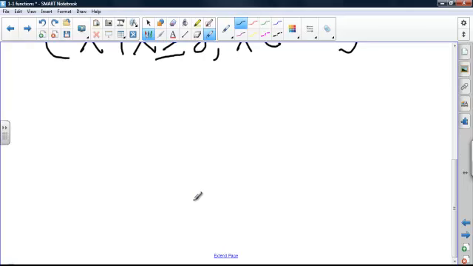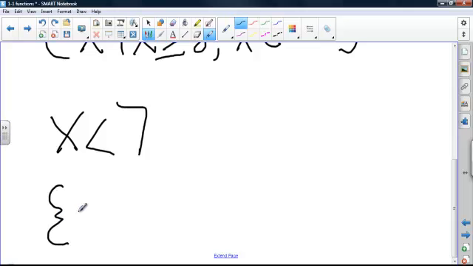Now, let's do another example. Let us look at when we don't have a set of numbers, such as x is less than 7. Now, if we're going to write this in set builder notation, this is really easy. Set builder notation is just going to be the brace, and then we're going to put x, and this line here, that line means such that. So we got x such that x is less than